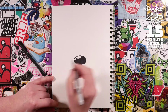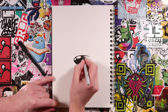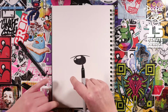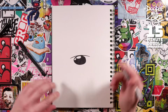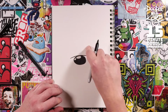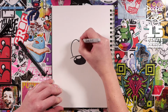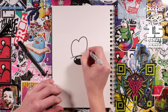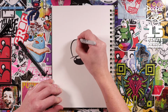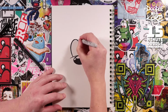We're going to put the snout of the dog on now. So we'll flick off either side. So little flick off that side, little flick off that side. What that does is it enables us to put some eyes in there. So for the eyes, all we're going to do is a little double bounce. One small bounce that side, a bigger bounce this side. So something like this. 1, 2, yeah, that's not too bad. Double line it all,